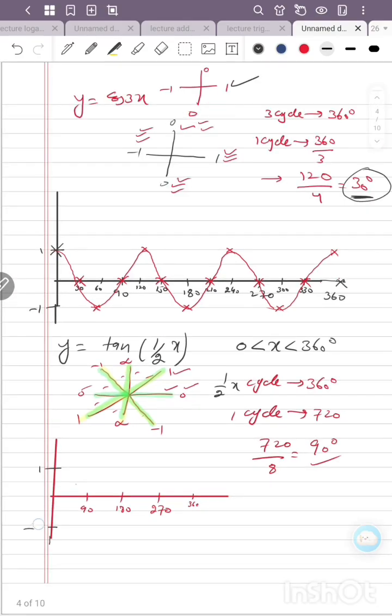ये हमारे पास बन गई, एक 1 होगी और दूसरी वैल्यू -1। अब ज़ीरो पे पहली वैल्यू 0 होगी। फिर सेकंड वैल्यू 1, तो 90 पे 1, क्योंकि हमारे पास गैप 90 का है और इसी टेबल को देख देख के बनाना है। अब 180 पे हमारे पास इन्फिनिटी, यानी एसिम्प्टोट इक्वेशन बन गई है।